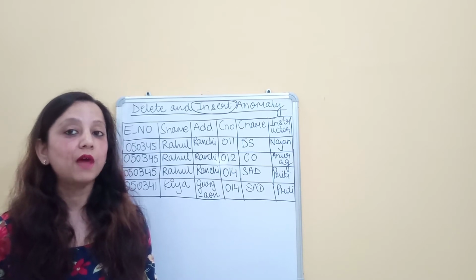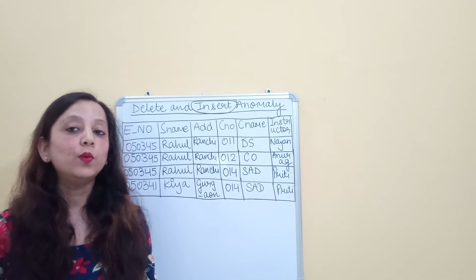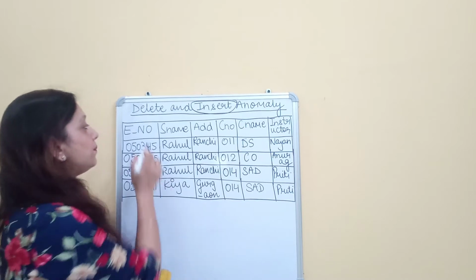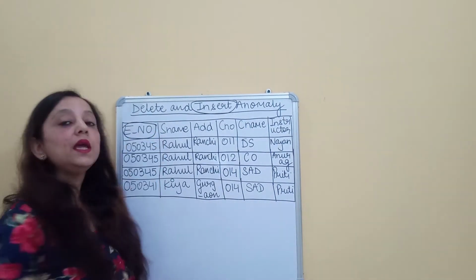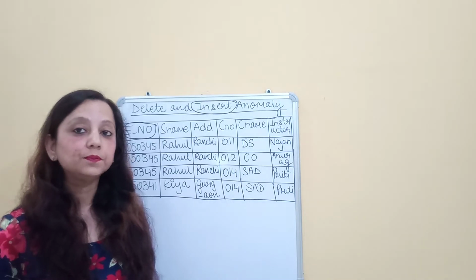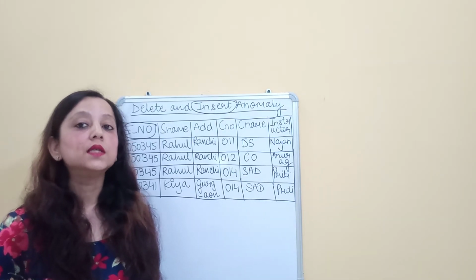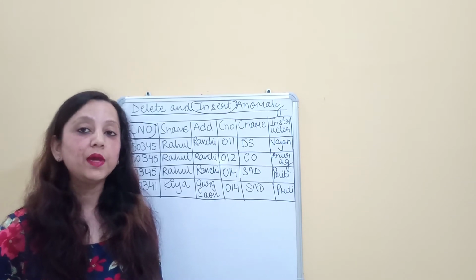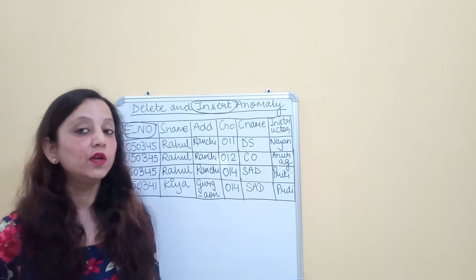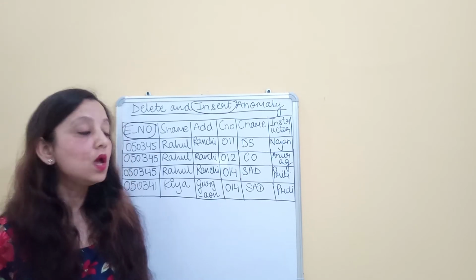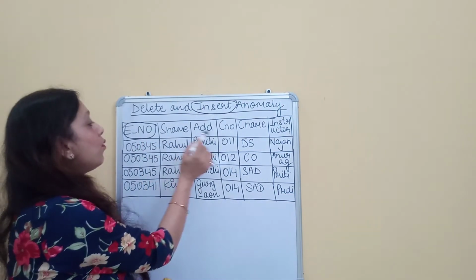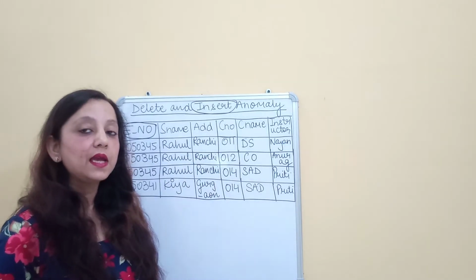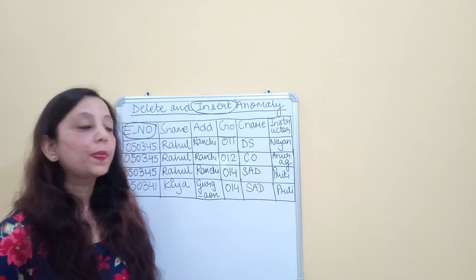There must exist a value for a primary key when you insert a new tuple inside the table of a database. Now, the primary key, as you can clearly see over here, is the enrollment number. Enrollment number is a column or an attribute which is associated with a student. A student would be having an enrollment number. A course will not have an enrollment number. So as per the entity integrity constraint, what does it say? That every tuple must have a value for the primary key.